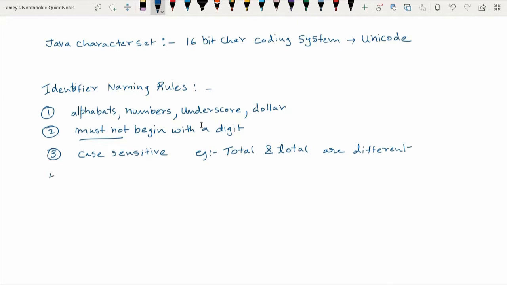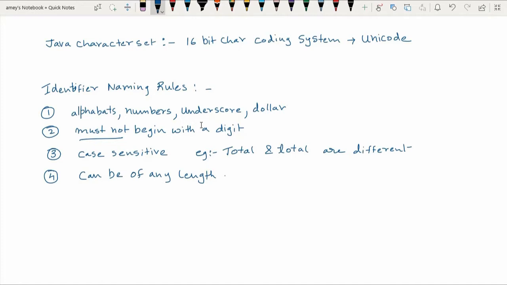Then the fourth rule is that identifiers can be of any length.